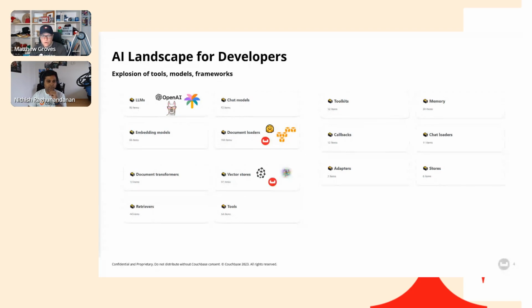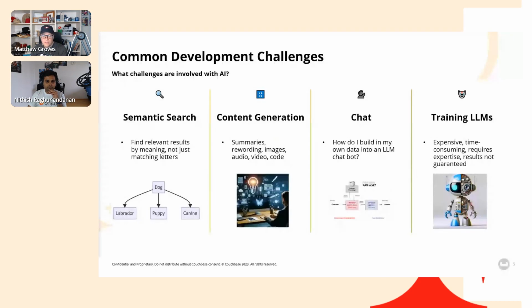And vector stores, this is where you put your vectors of your data so that you can do searches to find semantically relevant content. Pinecone is a well-known example here as specifically a vector database, but Couchbase can also store vectors, which we'll see today. And there's a bunch more vector stores like Annoy, for instance, is out there. And this doesn't even go into all the other categories like transformers, chat models, chat loaders, memory, etc. There's a lot of options and a lot of pieces.